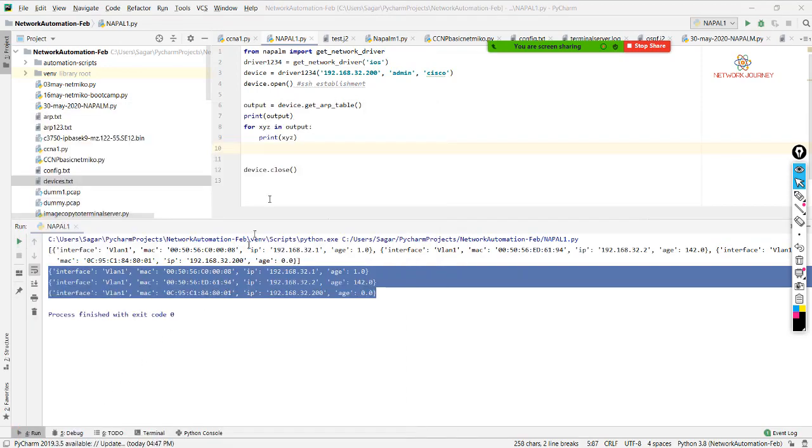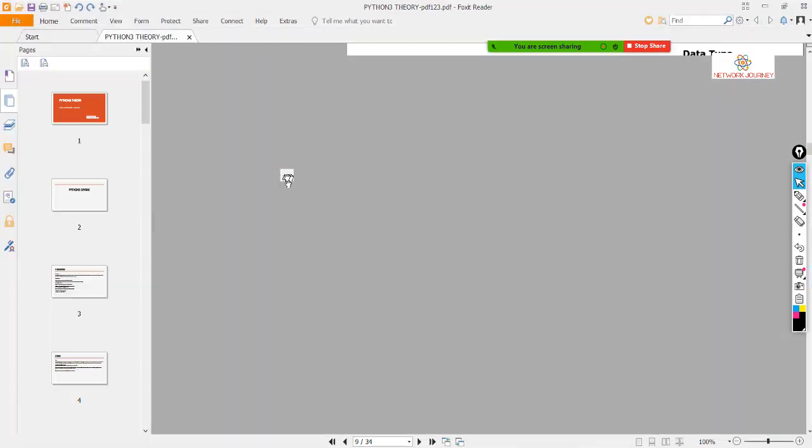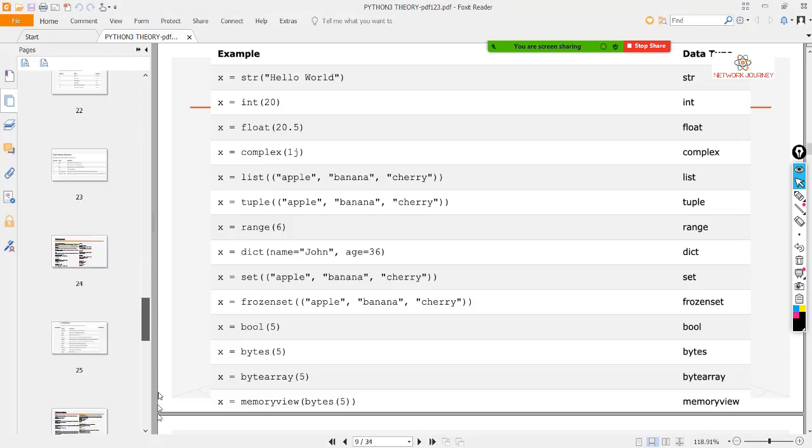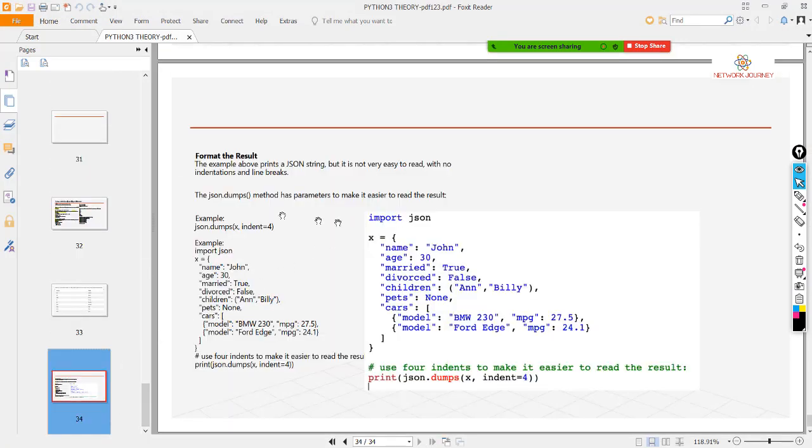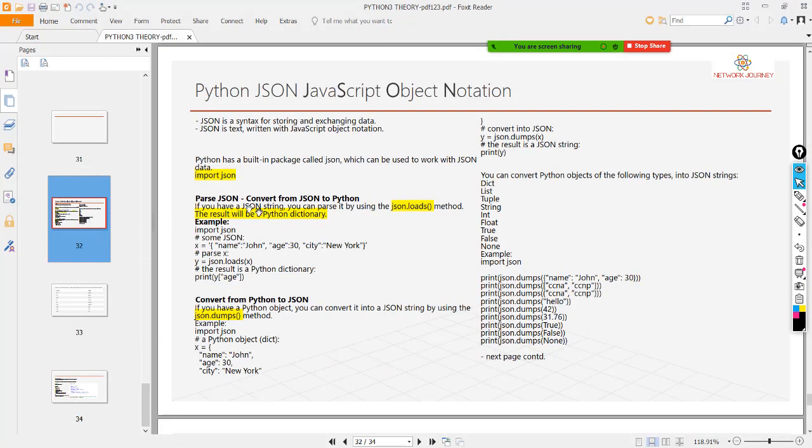Okay, so this was the PDF. If you remember, the last topic of this PDF was to convert those dictionaries to the JSON format. We have two different syntaxes for doing that. One is called JSON load.